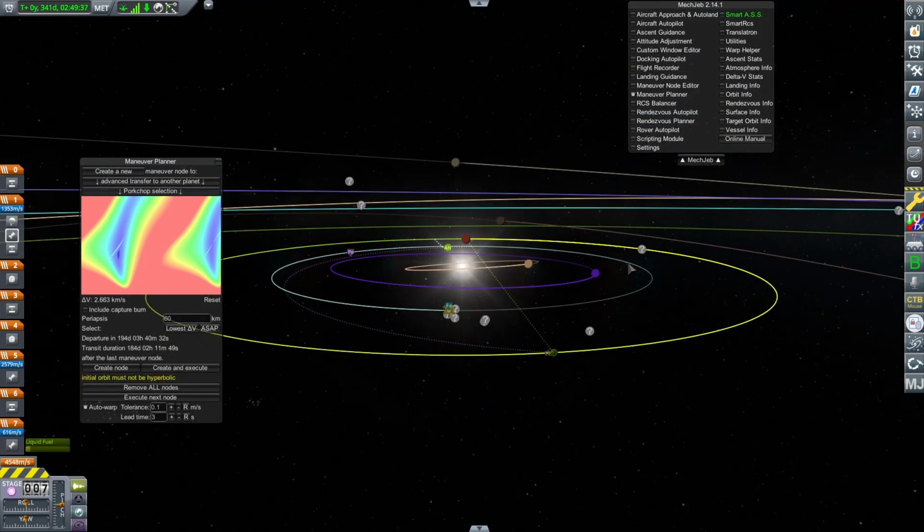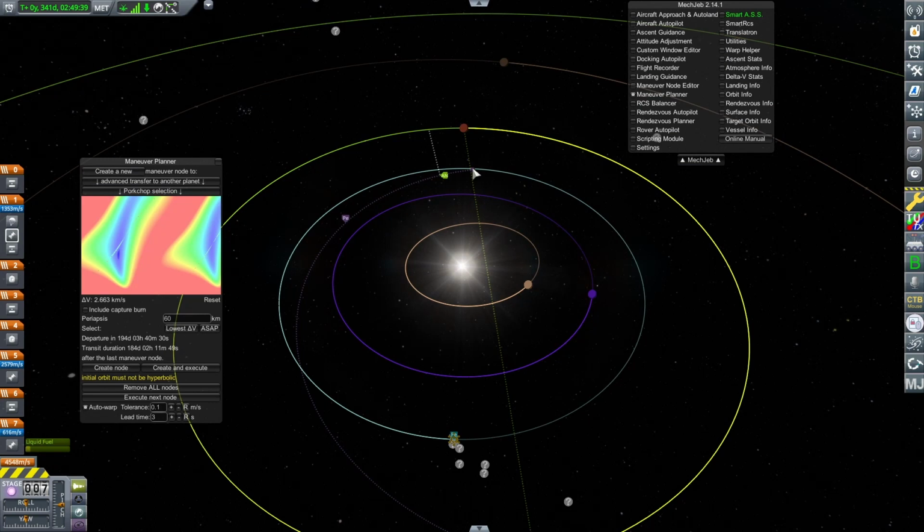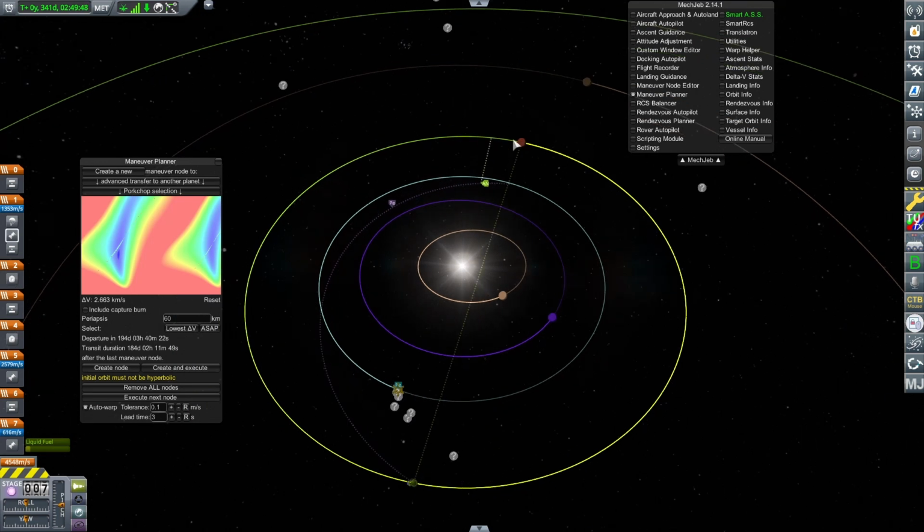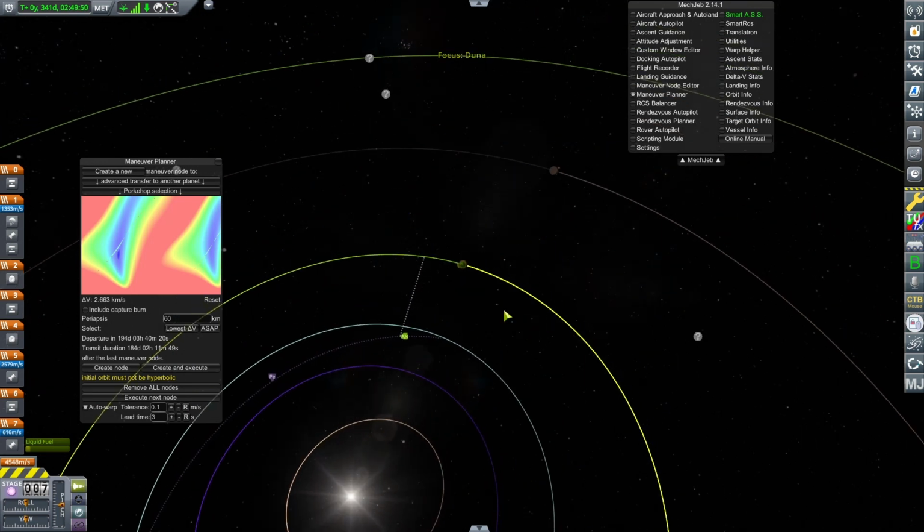Now, thankfully, due to the wonder that is post-processing, you did not have to experience that horrible lag spike, but you can see the node has been made, just a simple, smooth transition, basically an elongated Hohmann transfer, if you really think about it, to Duna. We'll cover those in the next